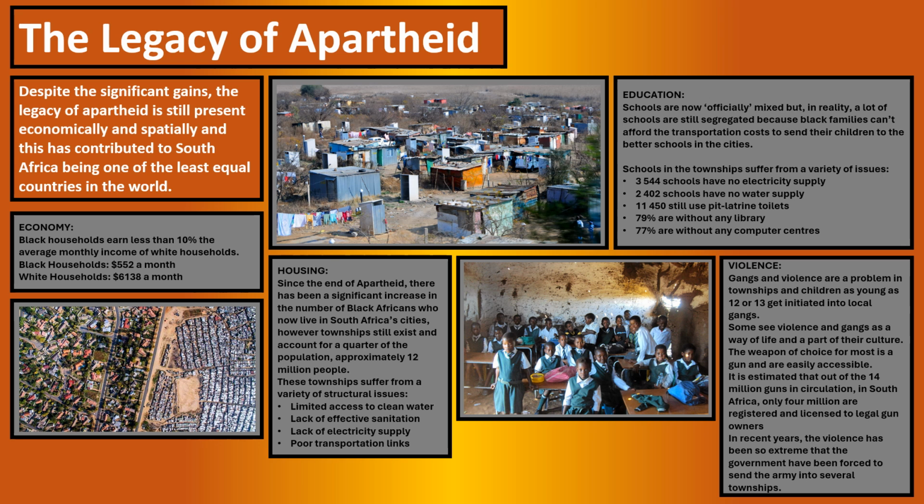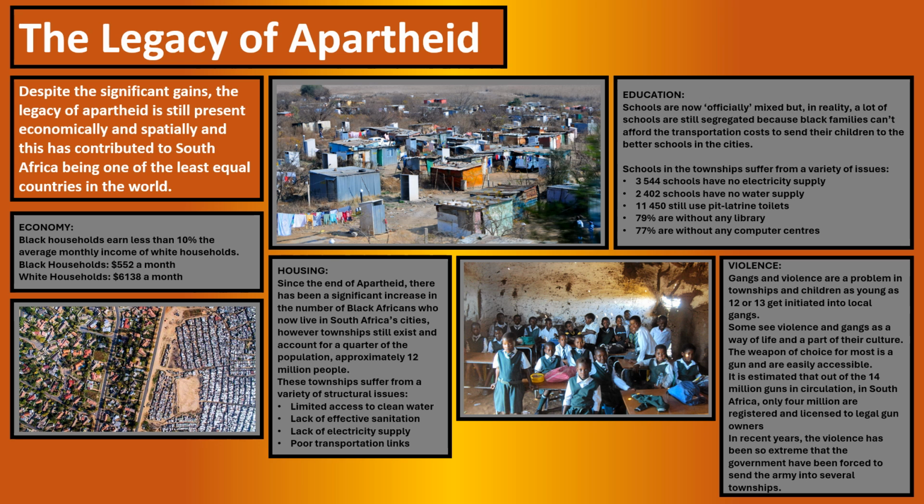2,500 schools have no access to running water. Over 11,000 schools still use pit latrine toilets rather than having plumbed toilets, which we would be used to using in Western countries. 79% are without any libraries, 77% are without any computer centres. So you can see that legacy of apartheid and how it's still impacting on the education of South Africans, especially